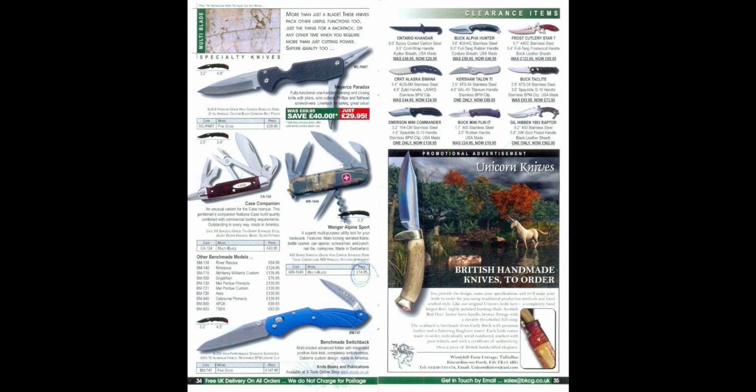What we've got on here. Looks like I was interested in the Wenger Alpine Sport for 15 quid. That's quite nice. As long as that's the same quality as a Swiss Army penknife, that'd be a good quality little knife, really. Especially for 15 quid. Some clearance items on the other side there. Gil Hibben 1993 Raptor, only 562 quid. Next page,